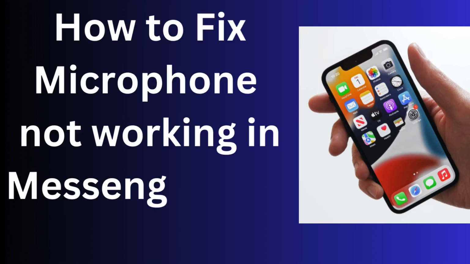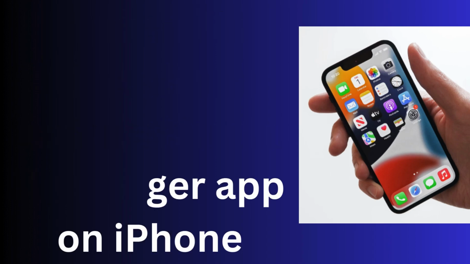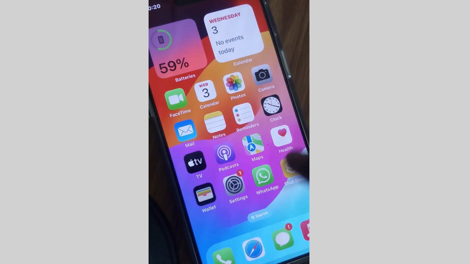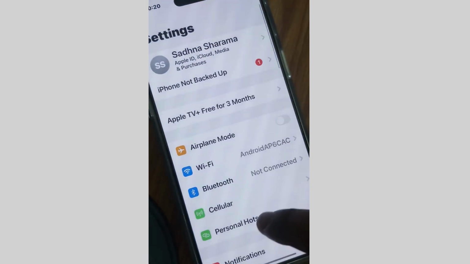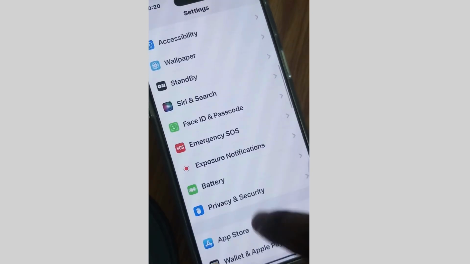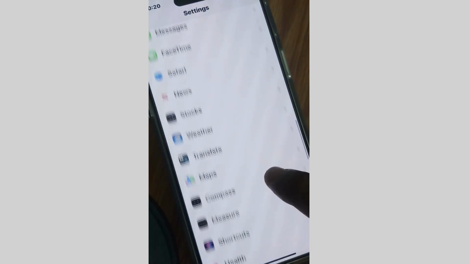Hello guys, how to fix if Messenger app microphone not working on your iPhone? If microphone not supported your iPhone Messenger app, here are the fixes. Tap on settings and go to